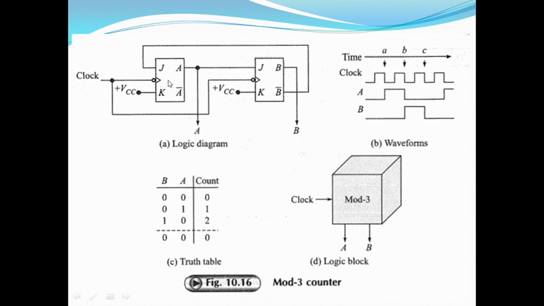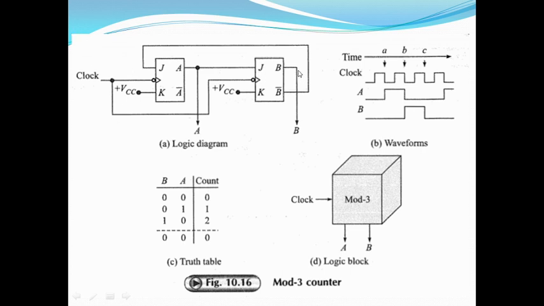How does this circuit work? We are again using JK flip-flops. In these conditions, we are not utilizing the JK flip-flop in toggle mode, but one of the terminals is connected to VCC in both the flip-flops. The K input is connected to VCC. Clock is given to both the flip-flops simultaneously. That means this is a synchronous counter. Both the flip-flops are changing state in synchronism with the clock only.